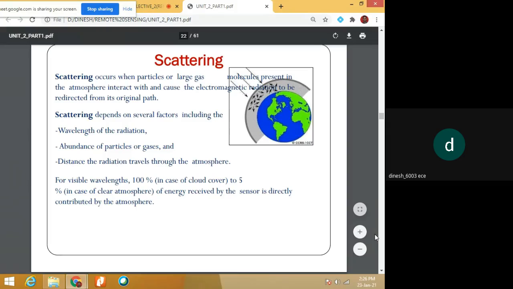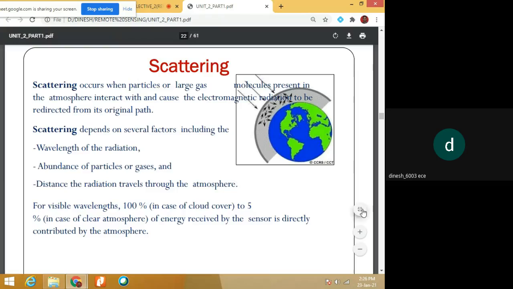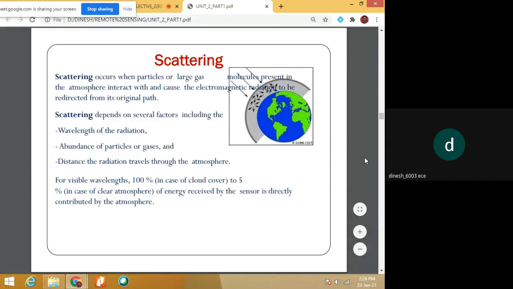In the last class, we had seen concepts of remote sensing, the elements of remote sensing, the transmission of an EMR, electromagnetic radiation, reflection of the wave, and refraction of the wave. So the next topic is about